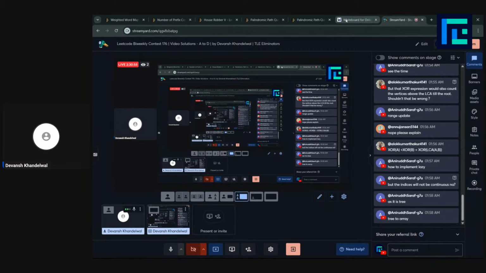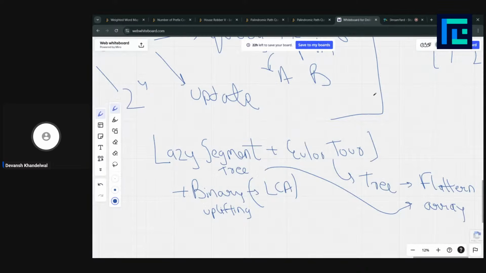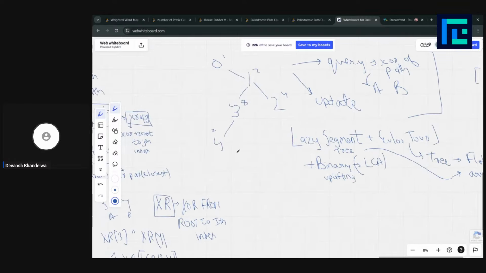How to implement? Okay, we have a lot of doubts. Let me take it one by one. But the XOR expression will count the vertices above LCA till the root, should that be wrong?